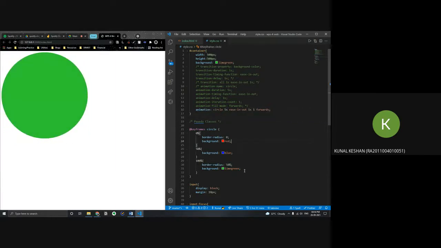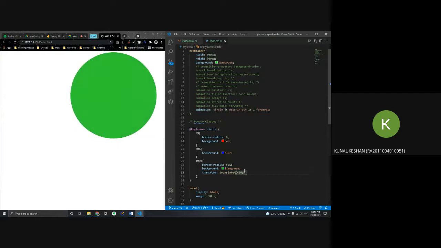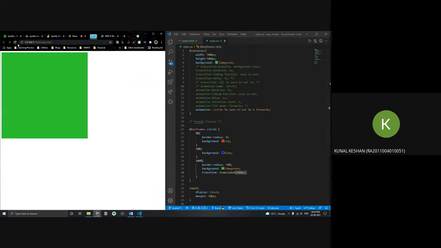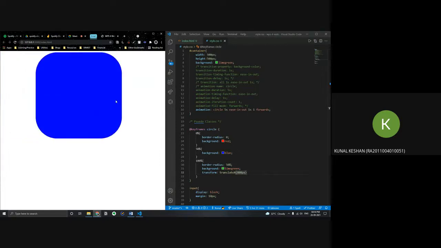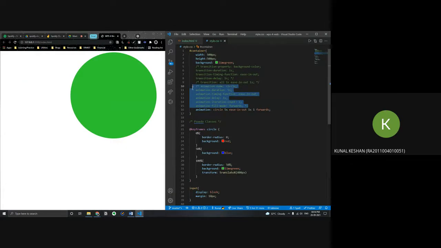I mean, you're not really limited to this. You can also put transform, translate, in the X direction by, say, 400 pixels. Now you can see it moves like that. If I were to refresh, you can see it moving slowly. So this is what you can do with keyframes and animation in CSS. It might seem a bit overwhelming now, given that there are a lot of properties associated with it, but as you keep practicing, this can be really useful to put your website on a different level.